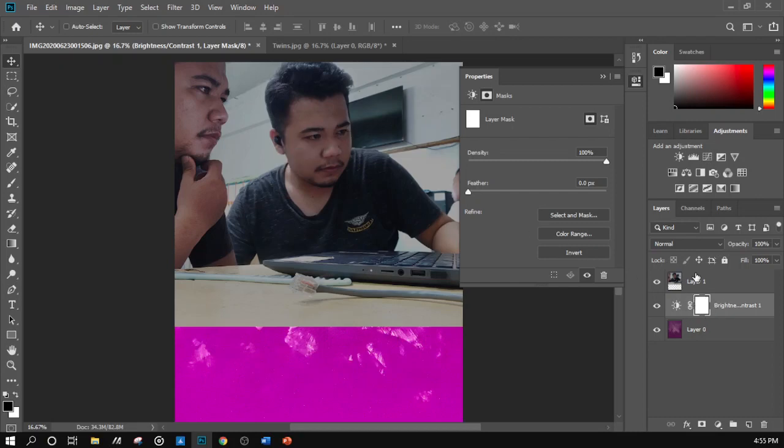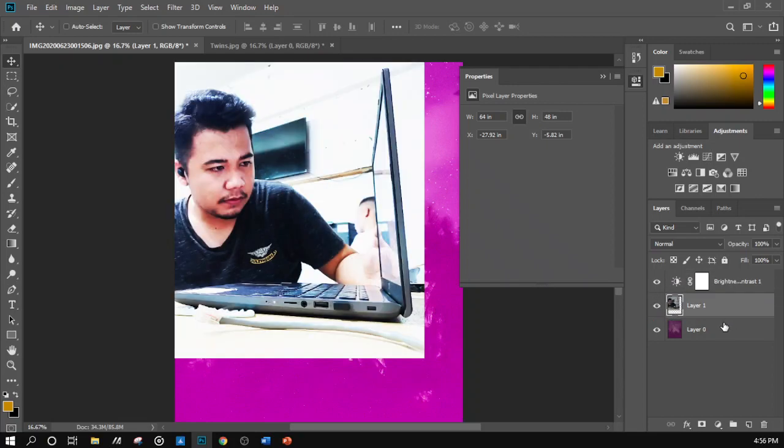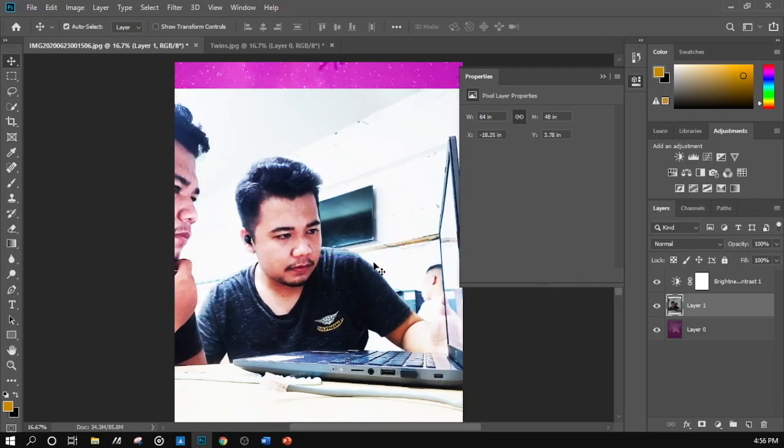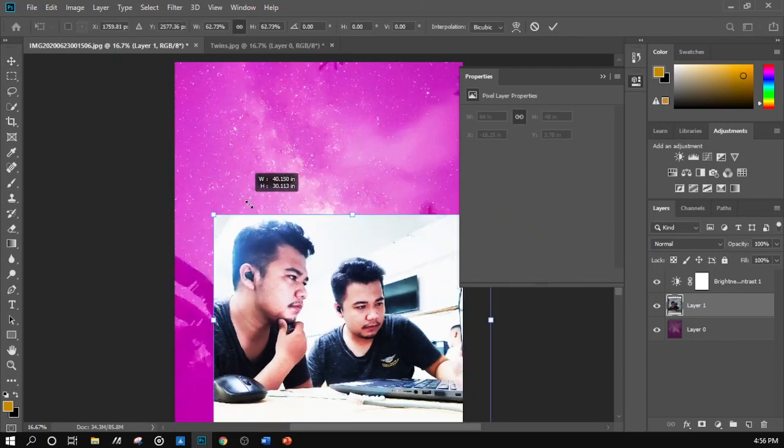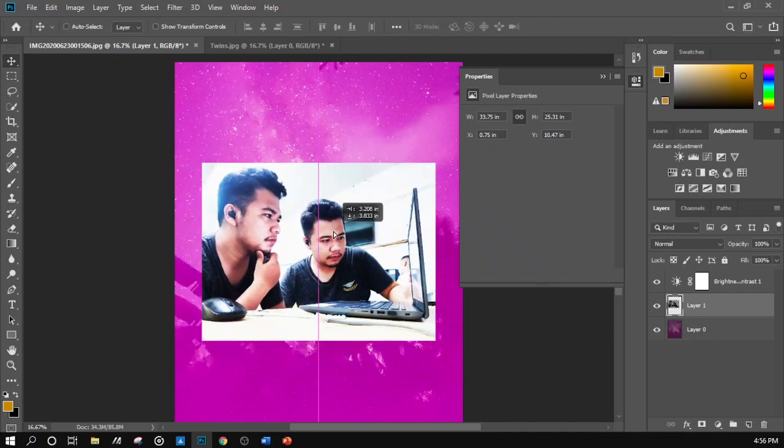Okay, so basically there is no limit. As long as all the layers you want affected by your adjustment are put below the adjustment layer, they will get affected. However, there is another trick. You can also just include it right here. For example, if I want the adjustment to only take its effect on this photograph,